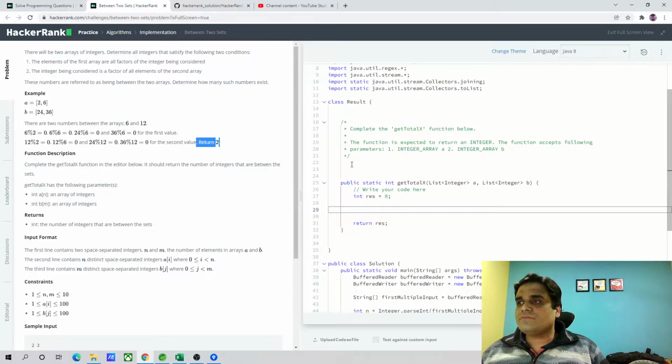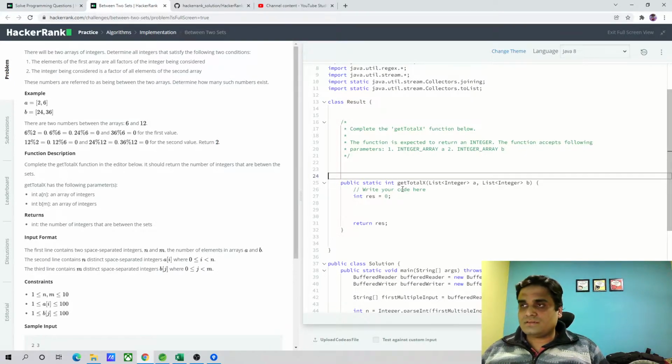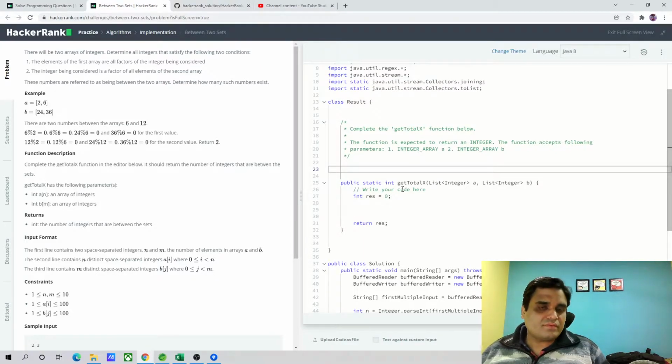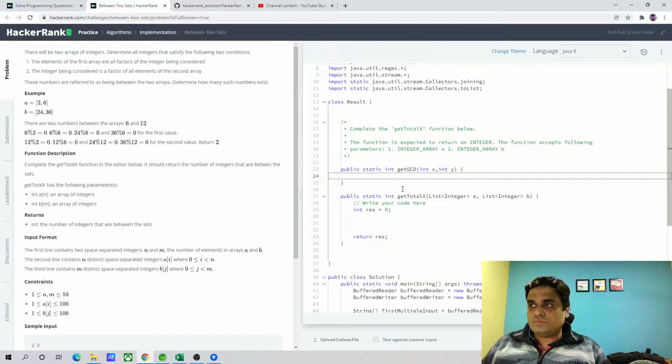So first of all, as I mentioned, the problem statement requires LCM and greatest common divisor functions. So I'm writing some utility methods. Just bear with me, the code will become self-explanatory and clear to you what I'm trying to achieve. First I'll write one utility function, getGCD. If I'm given two numbers, int x and int y, I have to find the greatest common divisor of the two. So if